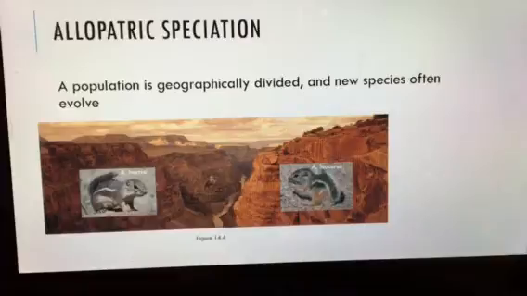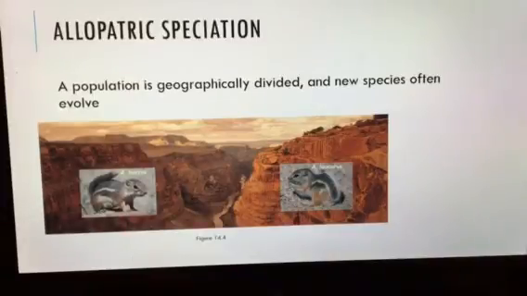chipmunks. However, they're so different that when they come in contact, even though they're little chipmunks, they will not interbreed with one another. And so we know that this is a new species because they will no longer interbreed. If they still come in contact after this geographic isolation and still breed to have babies, they're not new species. You have to have a separation. Not only can you see that the two chipmunks are completely different, but in order for speciation to happen, you have to see no interbreeding anymore.